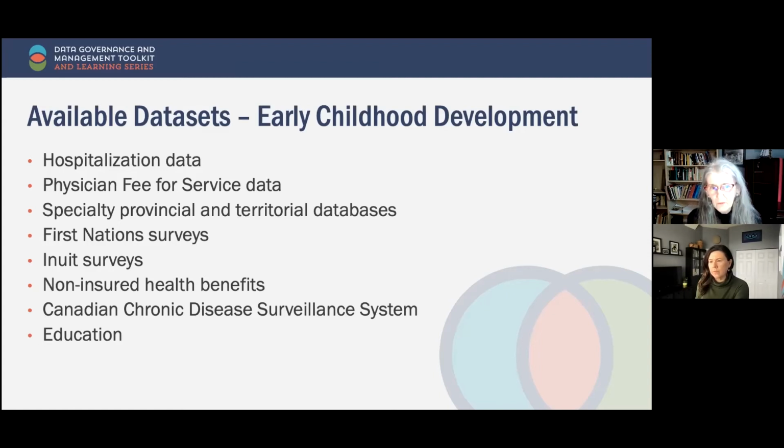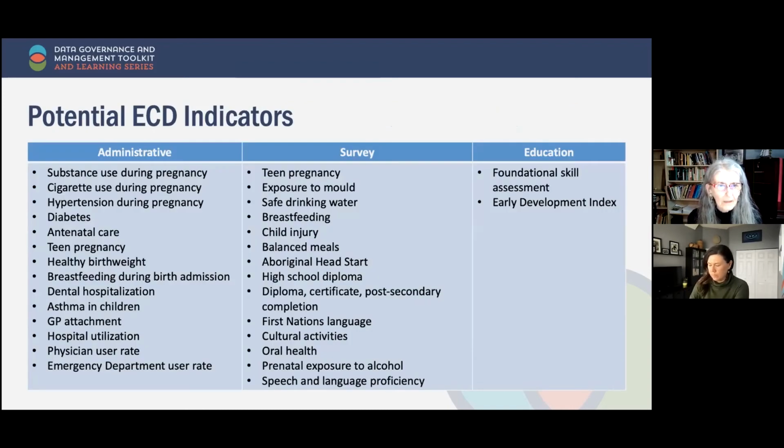In Canada, there is a chronic disease surveillance system that each province and territory participate in. So there's an opportunity, however they manage that information, of getting that. And of course, for ECD, we also looked at education. So if we go to the next slide, that's a list of indicators that we found that we went forward with requesting data.